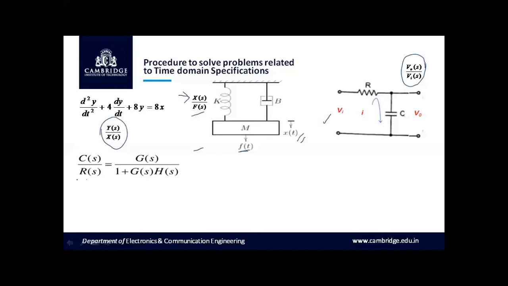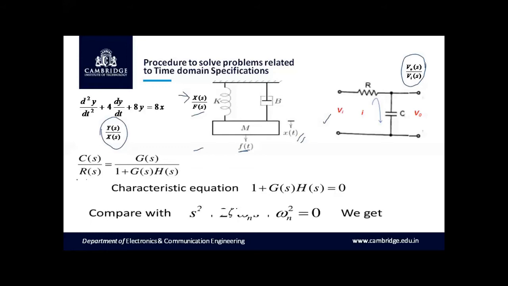So once after obtaining the transfer function, we know that the denominator term, which is equated to 0, gives you the characteristic equation. So I'm equating the denominator term 1 plus G of s into H of s is equal to 0. That is nothing but the characteristic equation of the given transfer function. So now we can relate this characteristic equation with the standard characteristic equation of a second order system, which is given by s square plus 2 zeta omega n s plus omega n square, which is equal to 0, as we are solving the problems related to time domain specification,